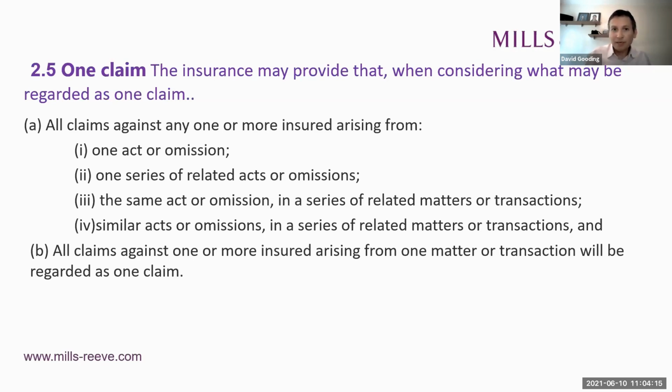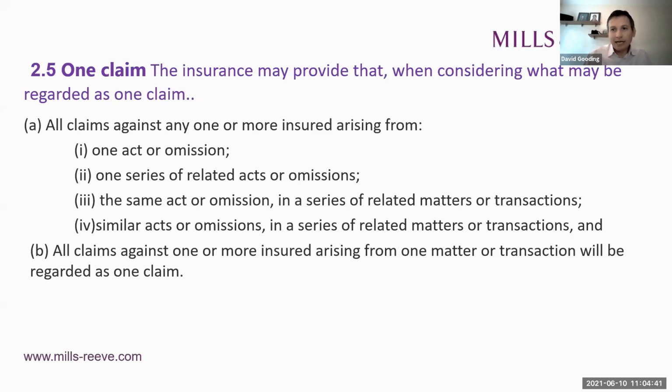I've been dealing with a similar example on limitation. I hope you don't mind me just letting you know we won that at the Supreme Court recently. And that involved a case where the claimant solicitor acting for a group of trustees issued proceedings a day late against my clients. So any claims against his firm by the trustees would in principle be aggregated under this limb. Now, I think the limbs get more complicated as you go down.